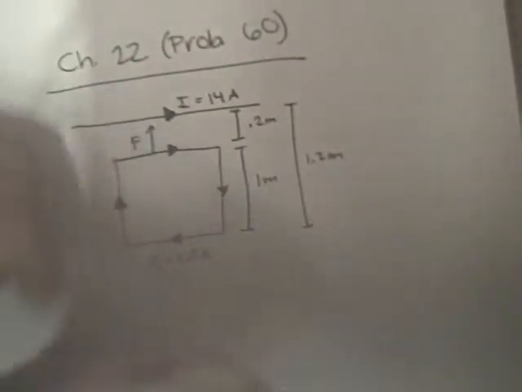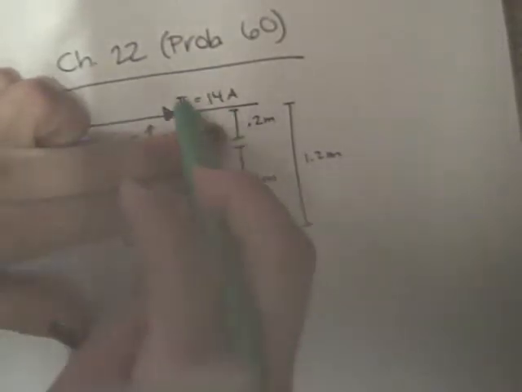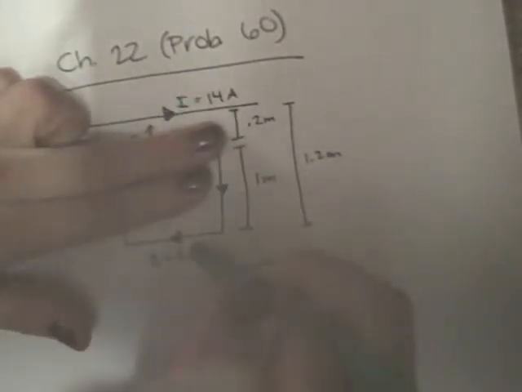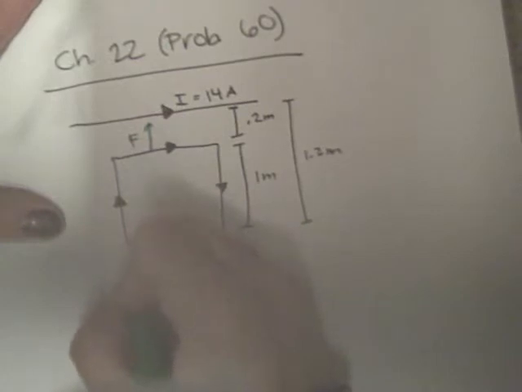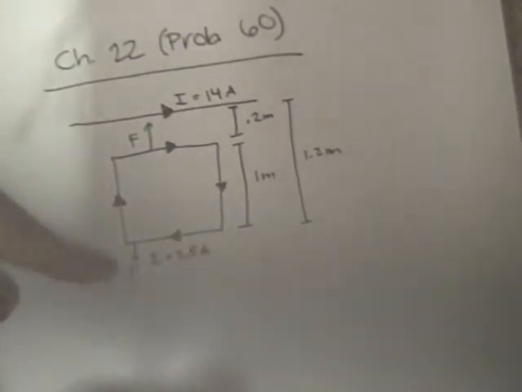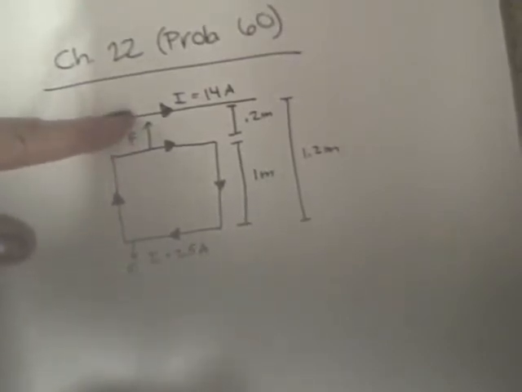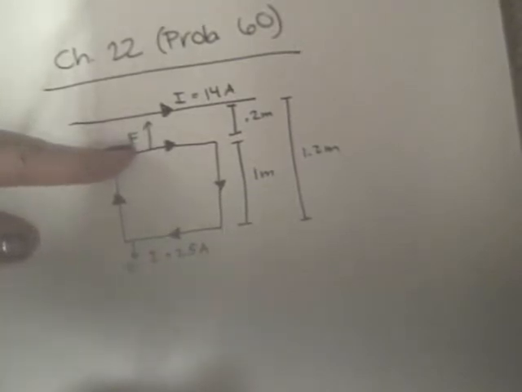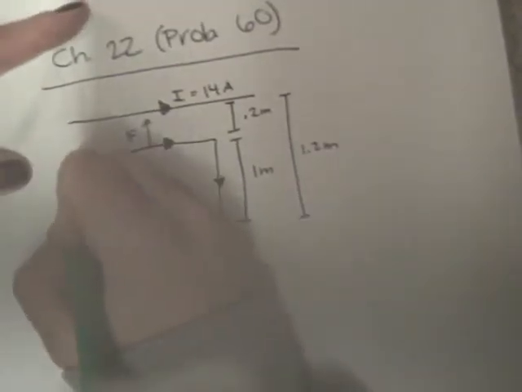Now, due to the bottom one, if you ignore the top part of the loop and you're looking at the sole wire and the bottom part of the loop, the currents are going the opposite direction, so the bottom part of the loop is going to feel a force downward. Now, this force downward is actually going to be smaller than this force upward, because the wire up here is in a stronger part of the magnetic field due to this sole wire, and so therefore it's going to experience a stronger force. Now, the two vertical sides here are going to have zero force,